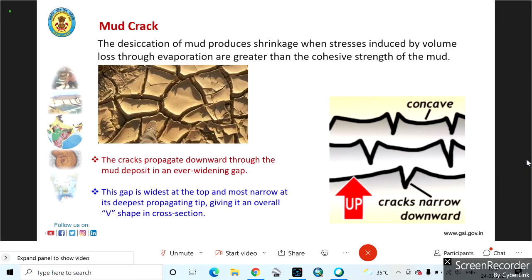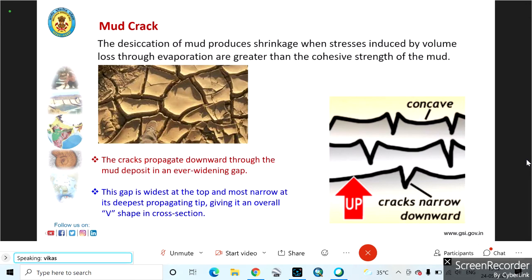Next, please. Now, similarly, mud cracks, which are very commonly seen in recent sediments. You can notice that these desiccations produce a very well-defined pattern of mud cracks because of the shrinking, or say because of the evaporation of the water. And there will be a concave part in the mud cracks, and these cracks will narrow downward. So where the cracks are on the broader side, you understand that it is the upper side, or say the younging direction. That is, over it, nothing else had yet been deposited when it was formed.